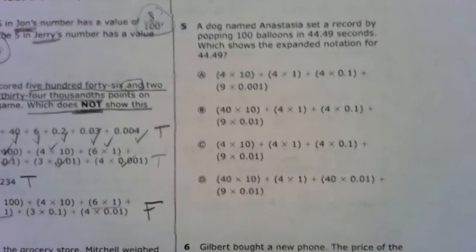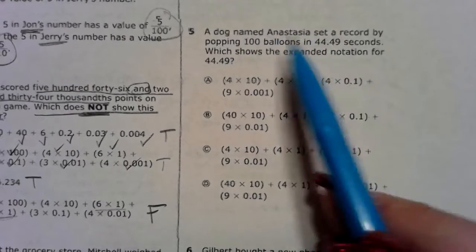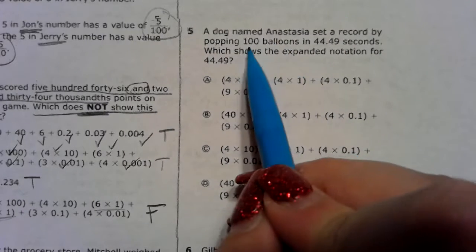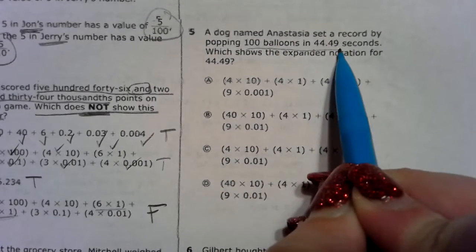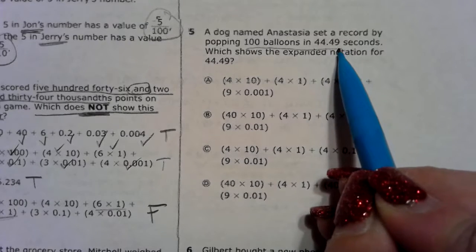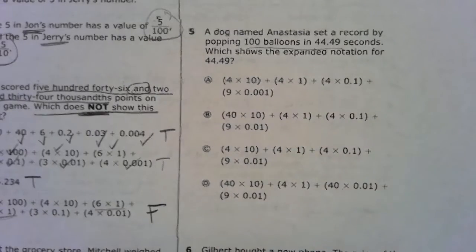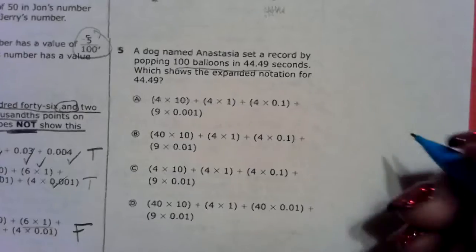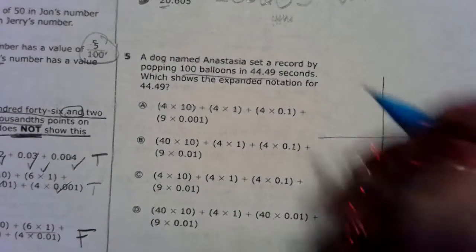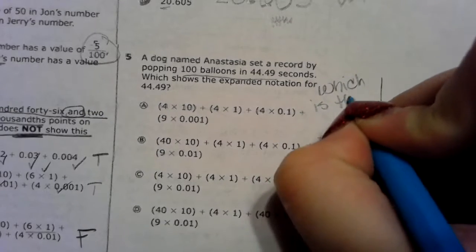Question 5. A dog named Anastasia, whatever, set a record by popping 100 balloons in 44.49 seconds, or 44 and 49 hundredths seconds. Which shows the expanded notation for 44.49? So again, if I am doing my work and showing my work, I'm going to RIPS that. Which is the correct